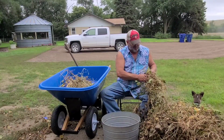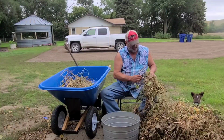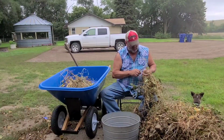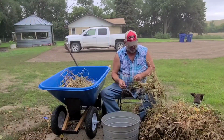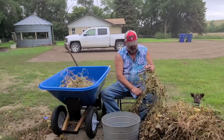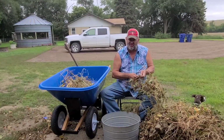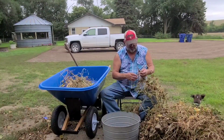But it's a beautiful day, and I can sit out here and enjoy nature and be out in it instead of being stuffed in a cubicle somewhere trying to fill an open shift, begging employees to come to work. That's what I did the latter part of my career. Sitting in the office trying to fill open shifts, I would spend sometimes my whole 12-hour shift trying to get people to come to work, which is very frustrating